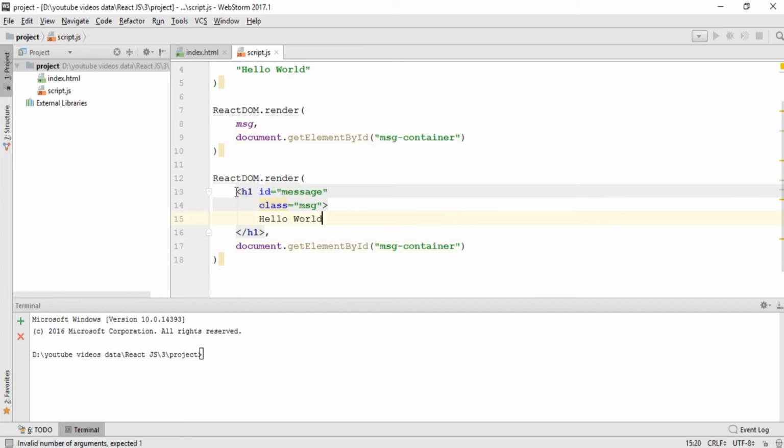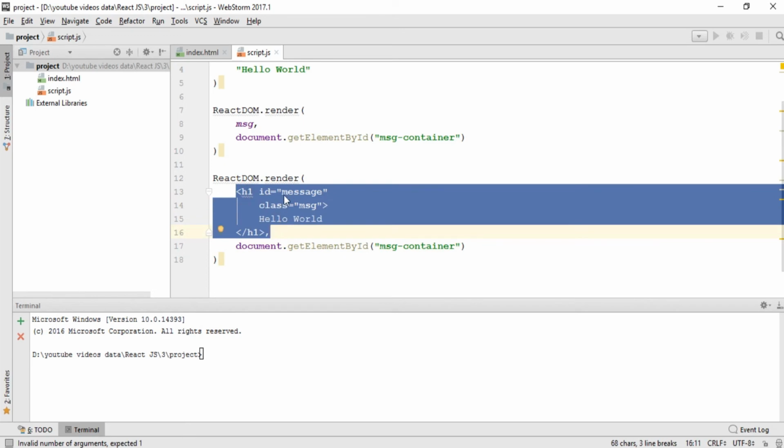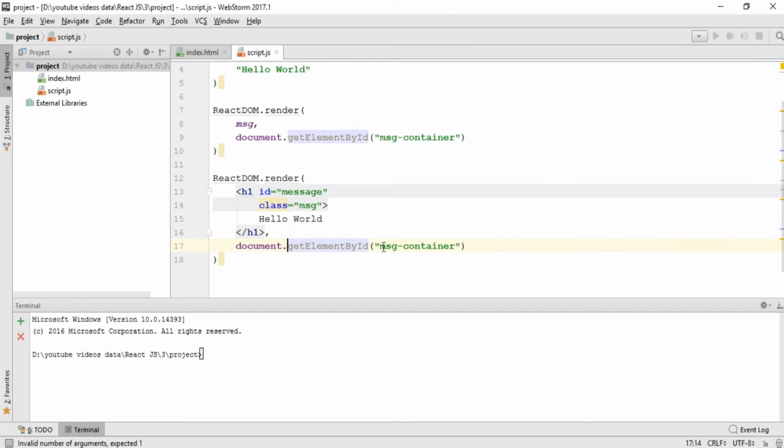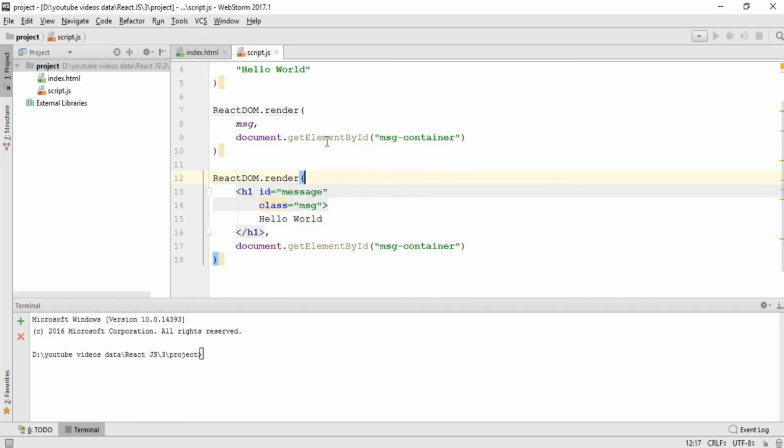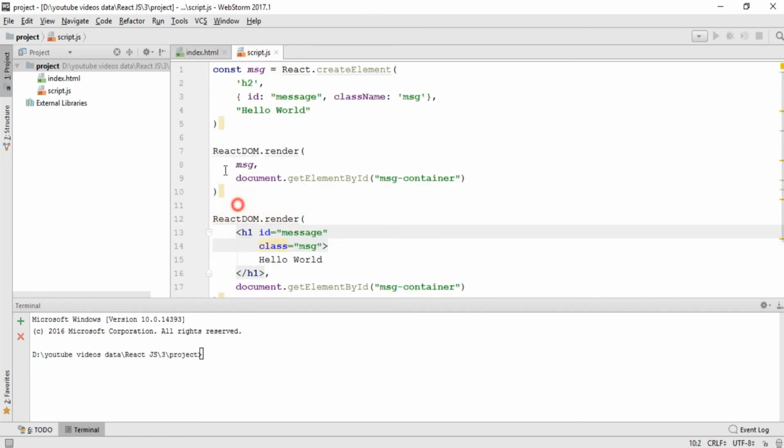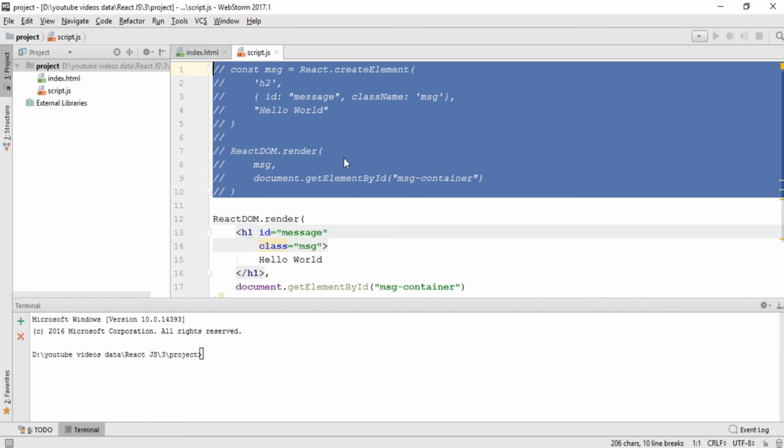So I've created this element directly inside this render function, and I have told React that you need to print this element, everything that is written in this message container, and that is within the div element. To run this I need to do a few more things, so let me first comment the previous lines of code,